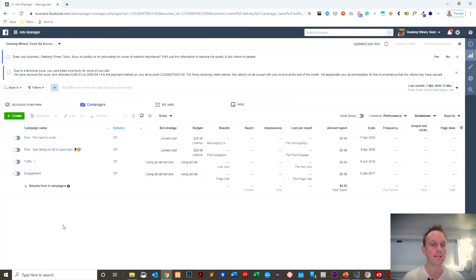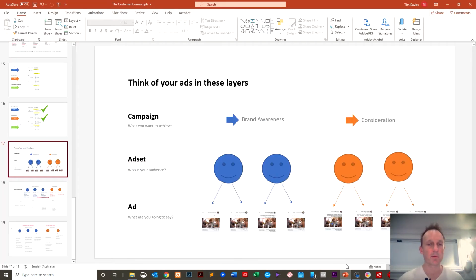So you can already see here that it doesn't really make sense naming a campaign, post, "We Need to Smile." You lose the context of what that was about and what the actual objective was. And you can see here why it's so important to actually think about what the campaign is and then start setting up things after that, not naming the campaign from the ad up, which is what Facebook is doing there